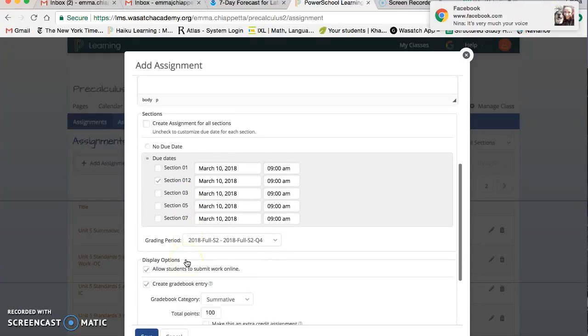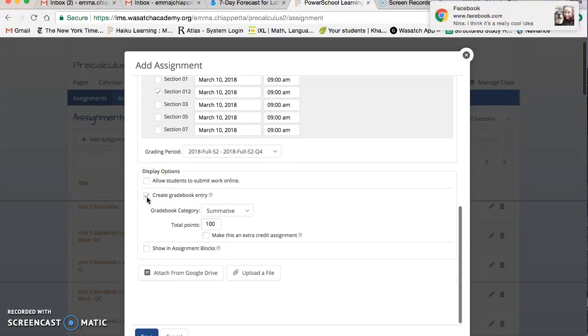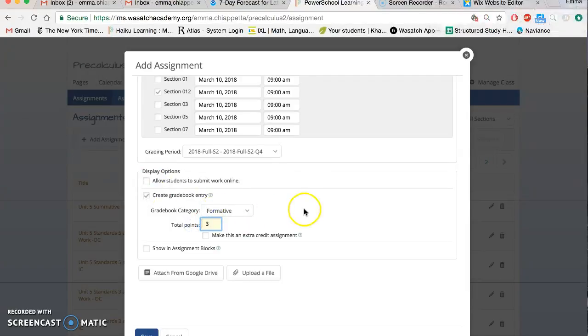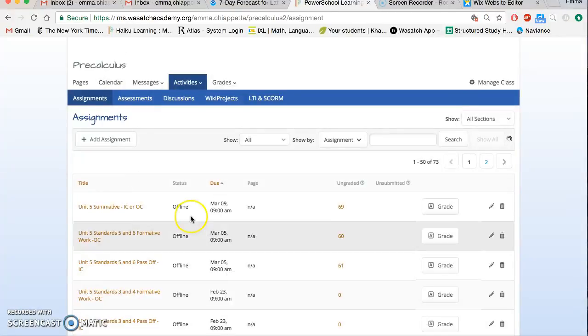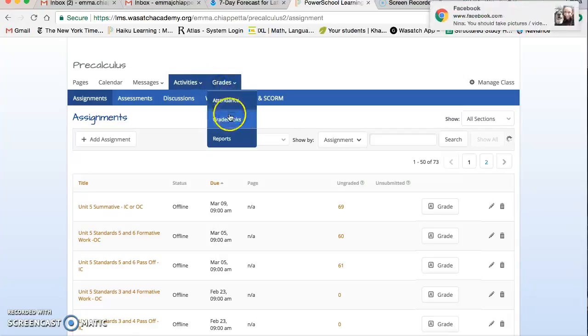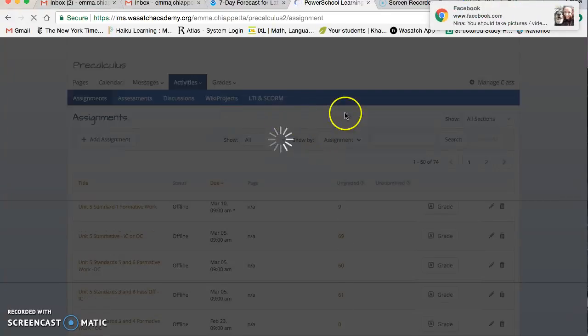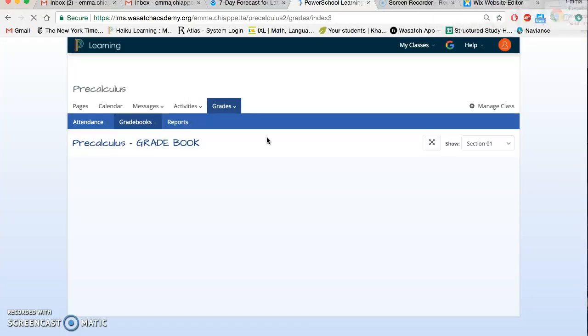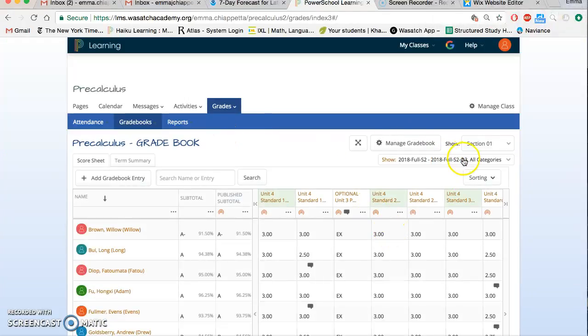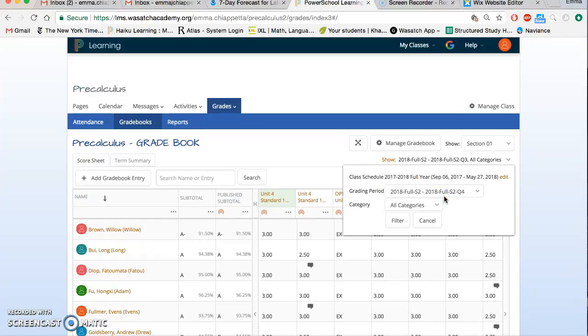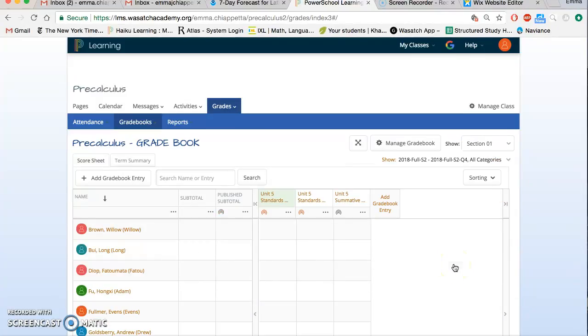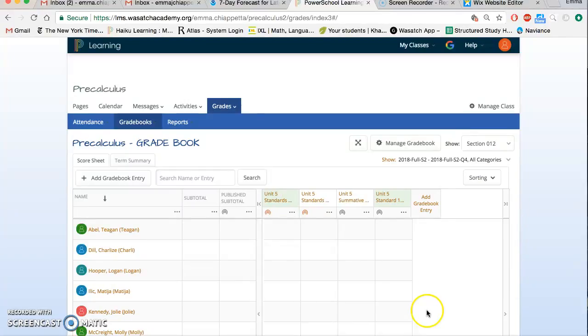So then you do what you would normally do, finish it off this way, create gradebook entry, formative, 3 points, and save. So now, if I go into my gradebook for one of my classes and look in quarter 4, it shouldn't show up. And it does not, but if we go into your gradebook for quarter 4, it should show up,